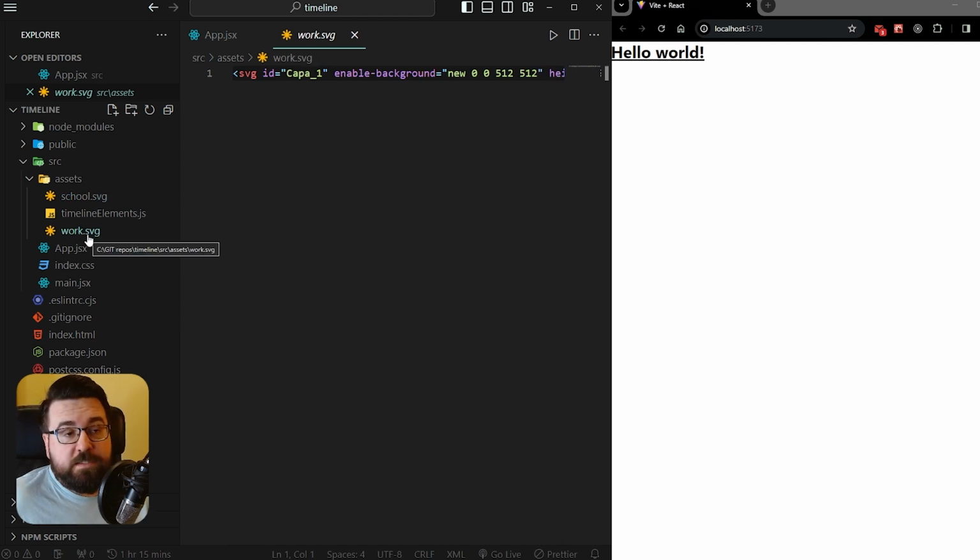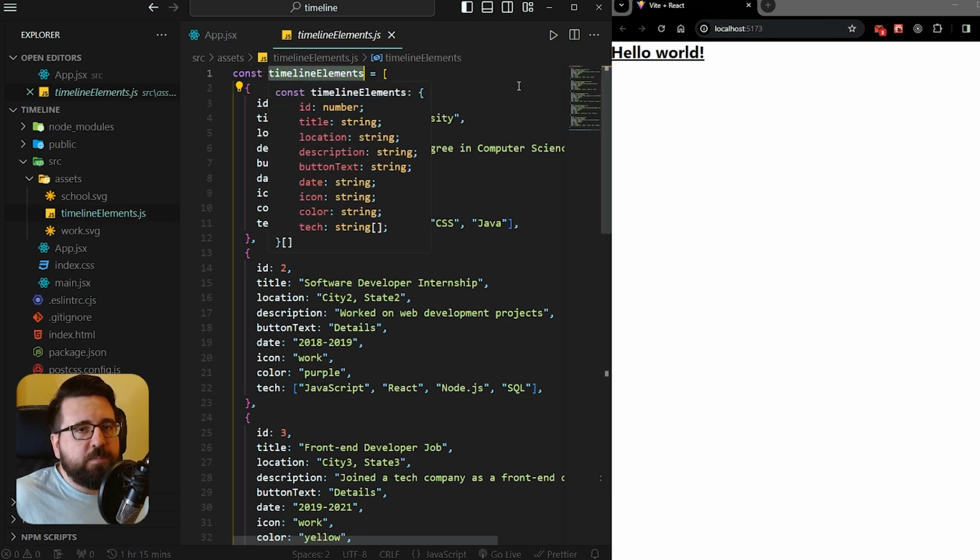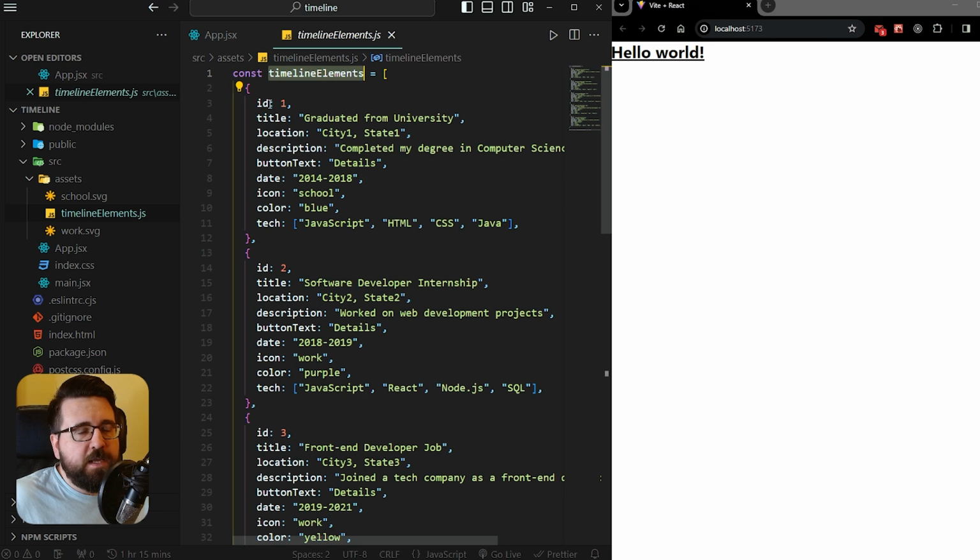So work is basically going to be used as an icon for your previous jobs, and school for your previous education location, whether it's a high school or university or something like that. And timeline elements is just a JavaScript file which exports a timeline elements property, which is an array of objects